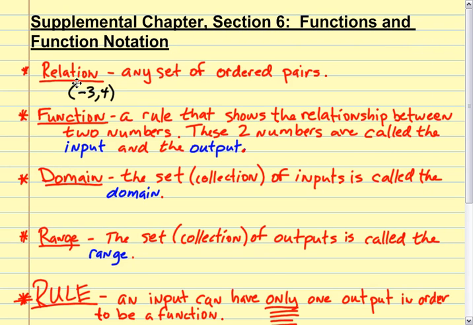Now, a function is a rule that shows the relationship between two numbers, okay, between an x and a y. These two numbers are called the input and the output. Clay, let me ask you, and it's just really a guess for you, or you may have heard this before. Which variable, x and y, which one is the input? The input,